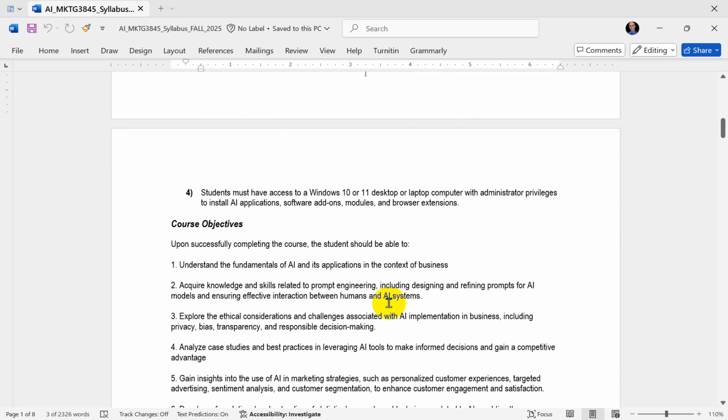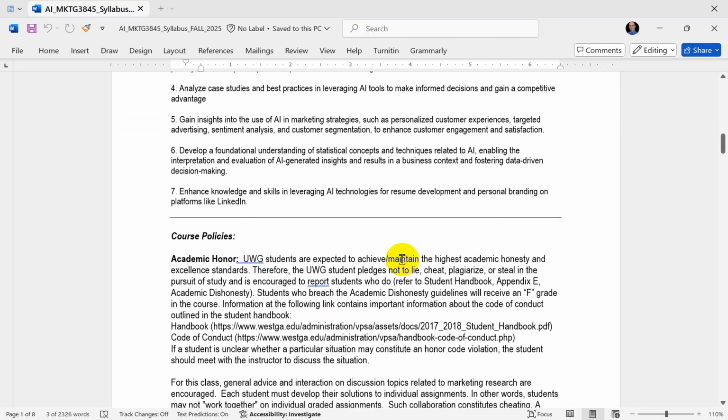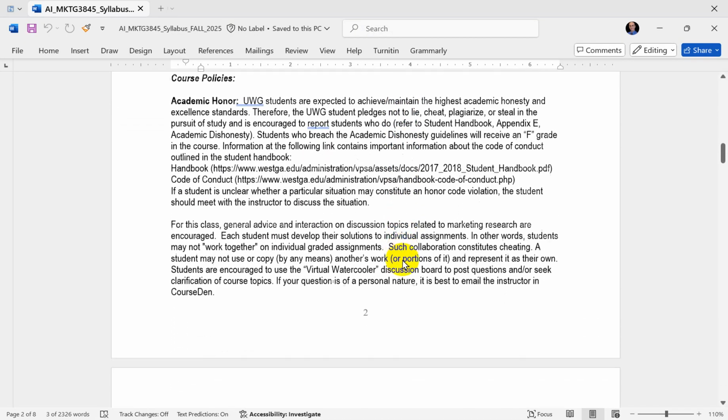You will need a laptop running Windows 10. I do not have Mac, so I'm not sure how well Macs work with the assignment. But if it is a web-based assignment, it should work okay. If you're running into problems, please let me know early. Then you have course objectives, course policies,